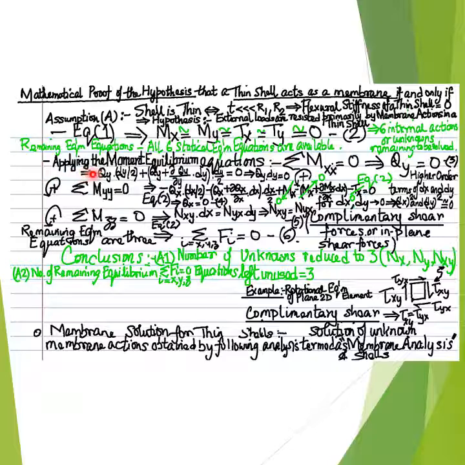Therefore, proceeding to apply the statical equilibrium equations one by one in order to solve for the 6 remaining unknown internal actions nx and ny, nxy and nyx, qx and qy,